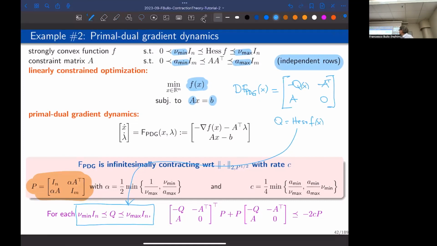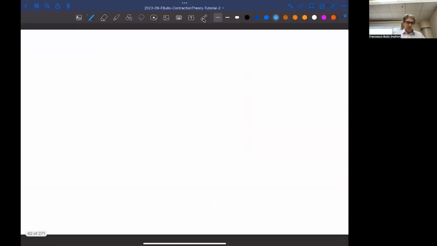You can either think of this as a state-dependent matrix, the Jacobian, or you can imagine that you are working with a collection of matrices Q that lives in a set described by these linear matrix inequalities. And you wish to ensure that the contractivity LMI holds everywhere in that set. So let me just remind you that, if I have the contractivity LMI for